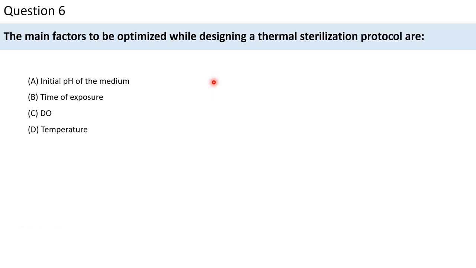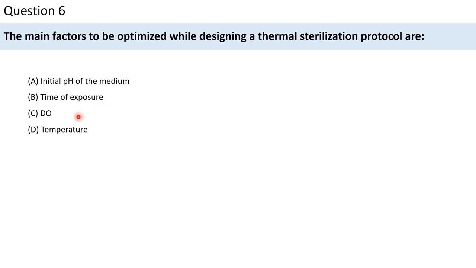The main factors to be optimized while designing a thermal sterilization process are. So we have to be very careful about the questions that are being asked. Here it's very well written, it's main factors. So even if we tend to choose only one option, we will not get the complete marks. So the options that are being given here are initial pH of the medium, time of exposure,